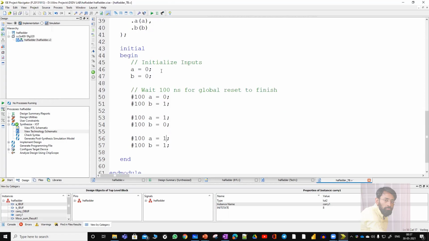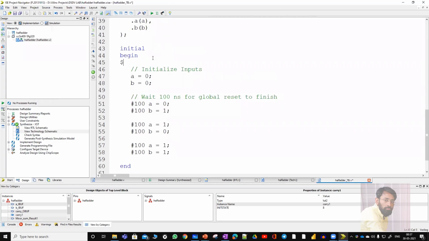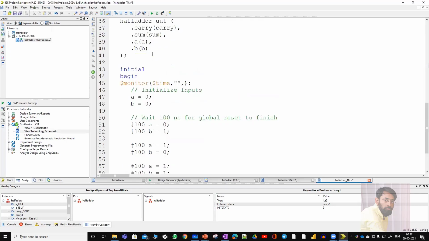If you want to view the result in the console window, you have to add a $monitor statement. If you don't know about this $monitor statement, go back and watch my previous videos. So $monitor, $time. I want to monitor carry, sum, A and B. So A is equal to %b, B is equal to %b, carry is equal to %b, sum is equal to %b.